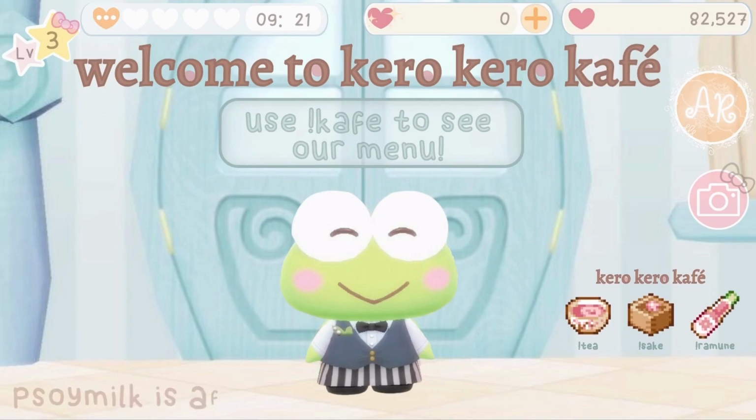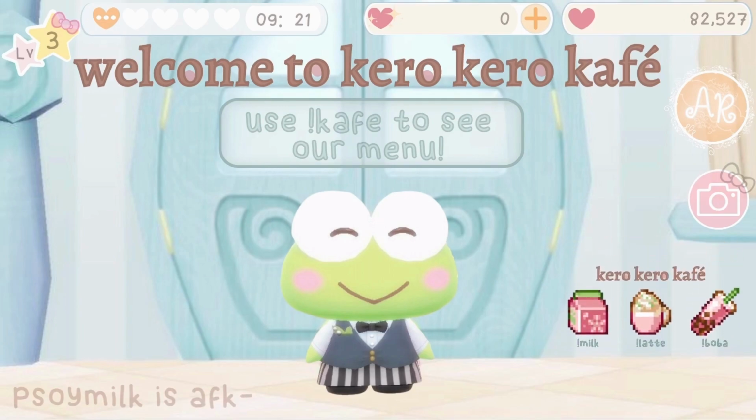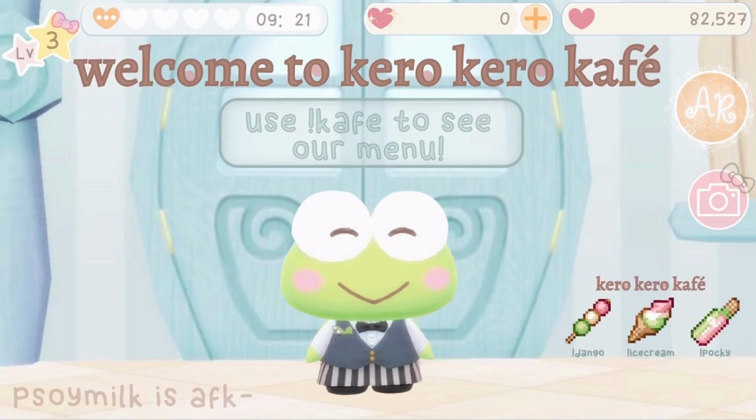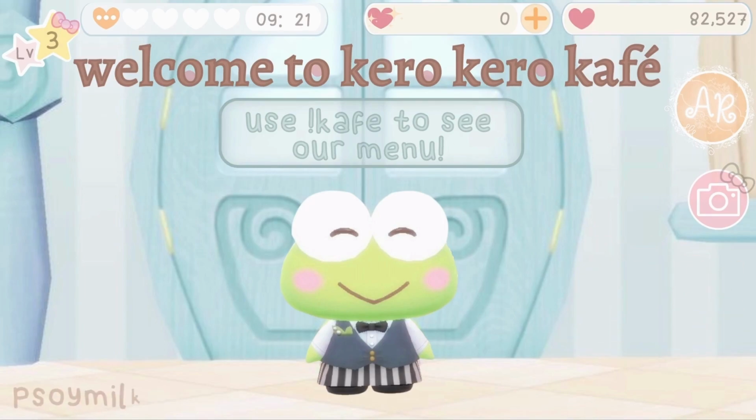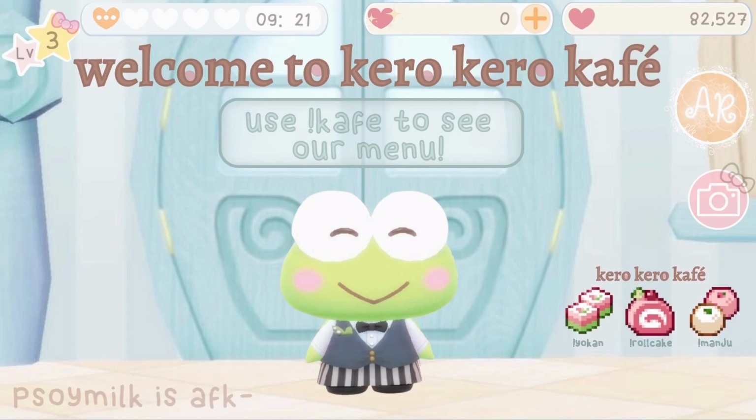And today I'm going to show you how I created this overlay. So this is a Tamagotchi-inspired overlay that is used while I'm AFK, and this allows people to have something to do while I step away for a bit, and you can order things from my Carole Cafe, of course